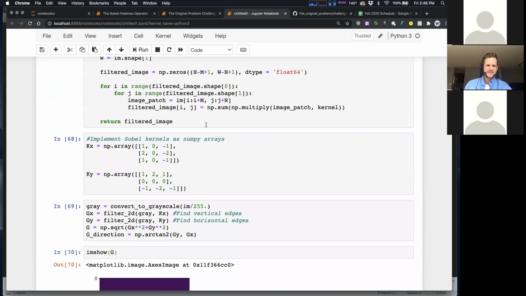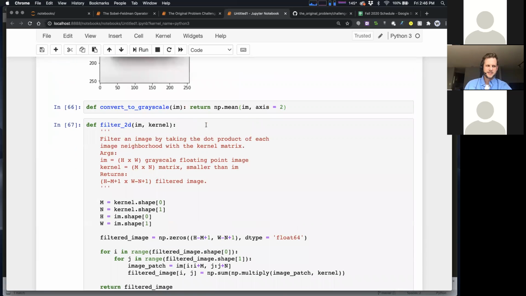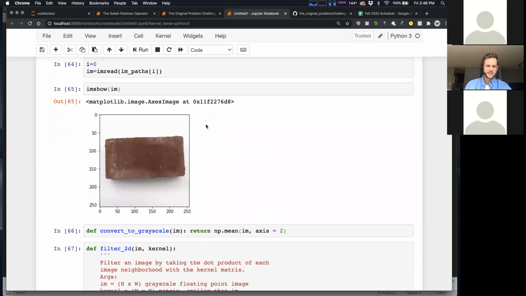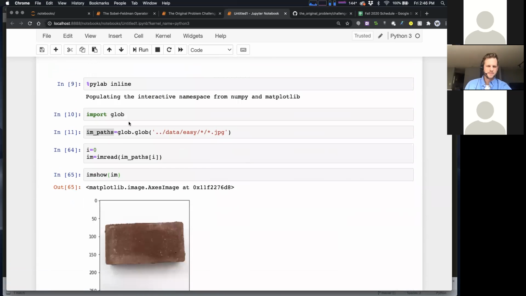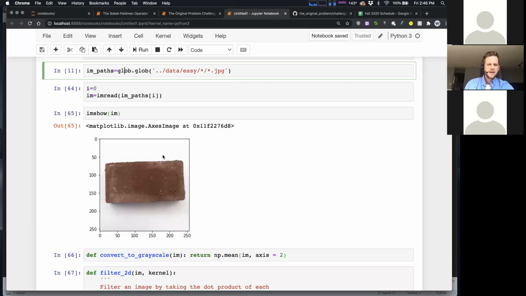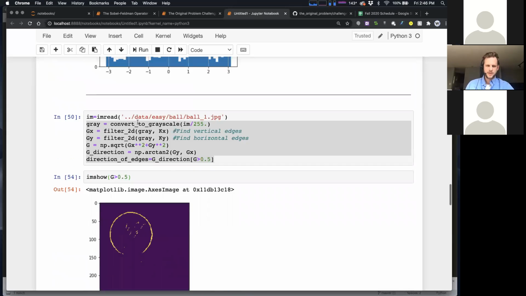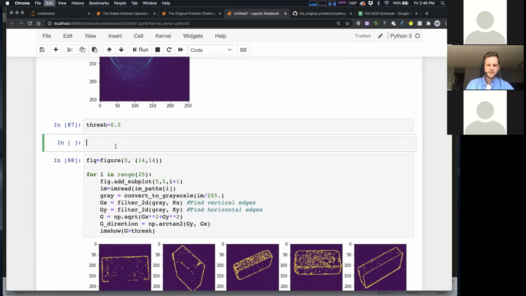So let's see here. And just so you guys know, the person who did best on this challenge, it was the very first year. They got like a 90% overall, which is like crazy. They got like half the hard images. So the best result we've ever seen in the history of the course got like half of the hard images right. But what's cool is we're going to use deep learning at the end of the course, and you're going to get like 99% of them right using deep learning. Okay, let's do hard. All right, here we go.